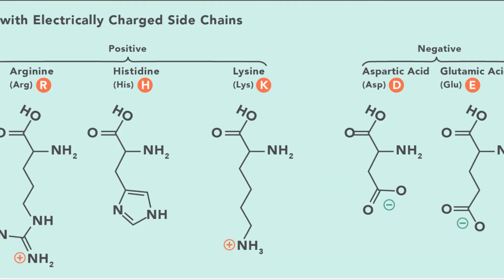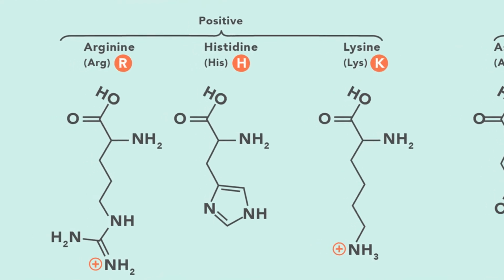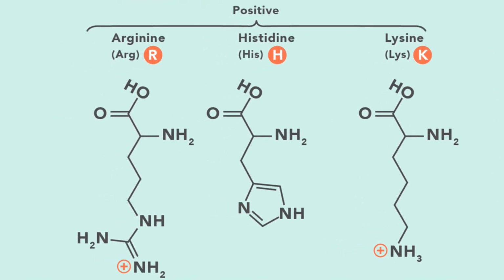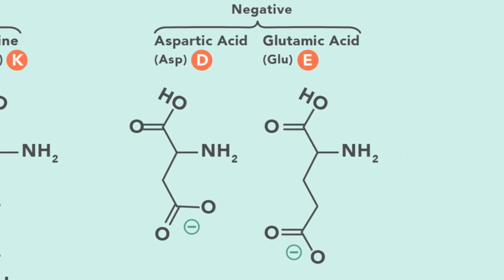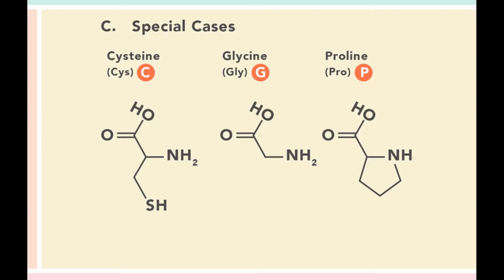Okay, let's go through them together. So arginine, histidine, and lysine, they are the basic amino acids. Then you have two acids. You have aspartic acid and then you have glutamic acid. Okay, we have cysteine, which has a thiol group, SH. We have glycine, which has no alkyl group, an extra hydrogen, and then you have proline, which is a cyclic